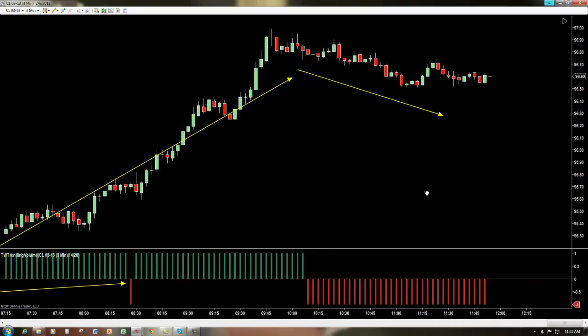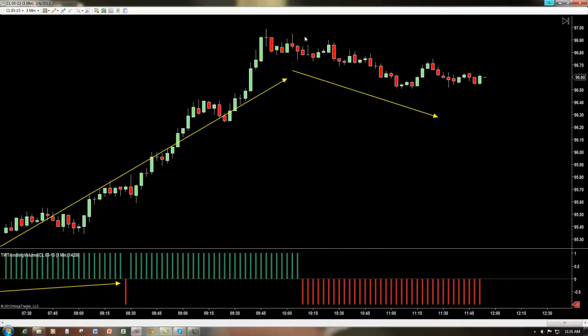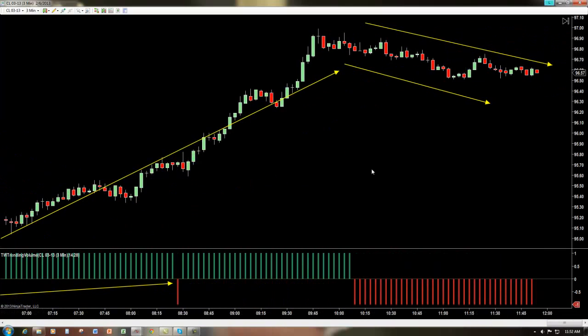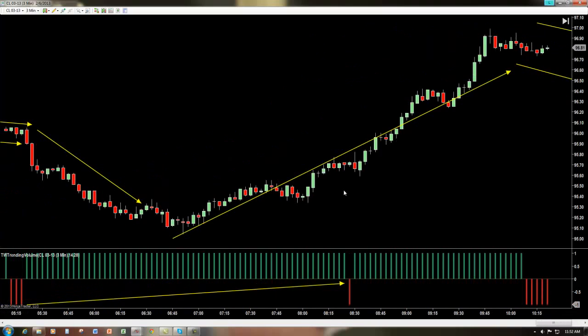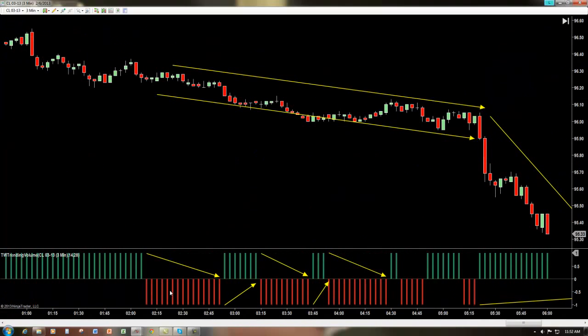Now, I'm going to scroll all the way to the right of the chart here, and I'll tell you, it looks like currently here with the CL market, we may be headed in a downward direction. Now, as you can see, the trending volume indicator is a pretty simple, pretty straightforward tool to use. Very handy, very easy to spot uptrends, downtrends, pullbacks, changes in direction, as well as it gives us a great visual of a choppy market.